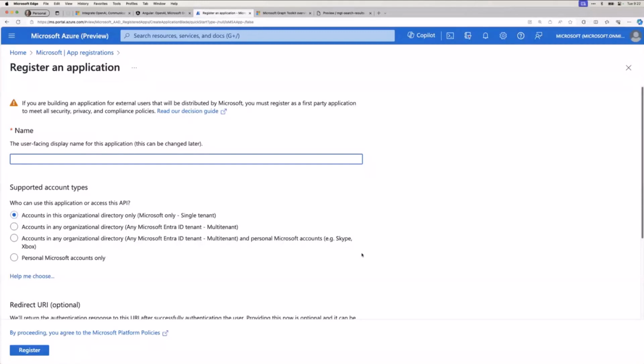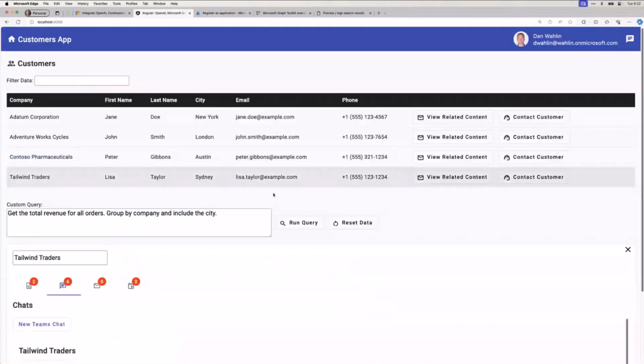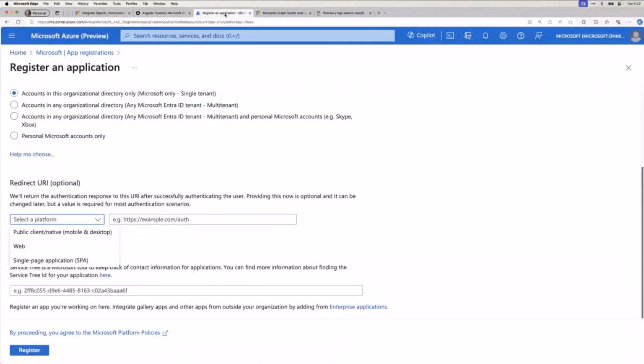Now, from there, a really, really important part of this, and this is where when I first got started with this, I struggled a little bit, was the platform. You know, what am I building here? Because you saw this is a web app, right? It's a web app. But it's actually something I'm going to be calling from the front end. So I selected a single page application.